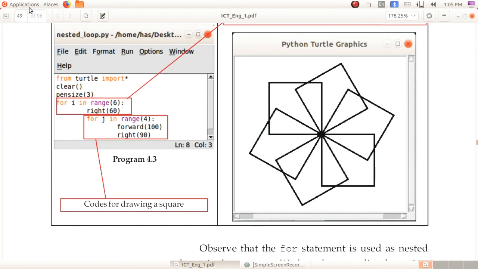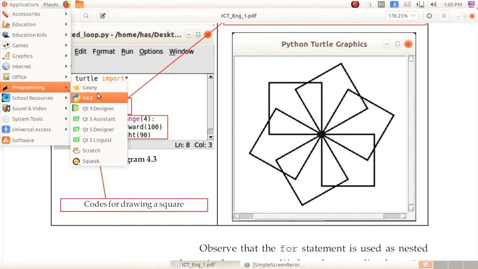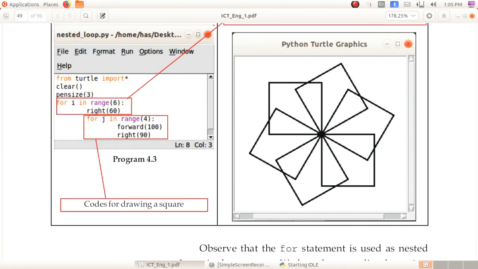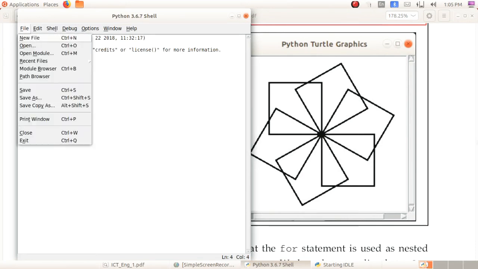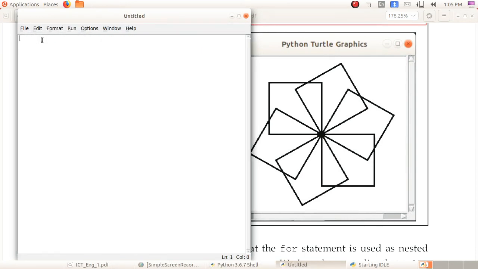Let us try. Applications, programming, IDLE. We want to open a new file, then new file. Just type the code here. Okay, first from turtle import star. Then clear off, and pen size is not necessary.